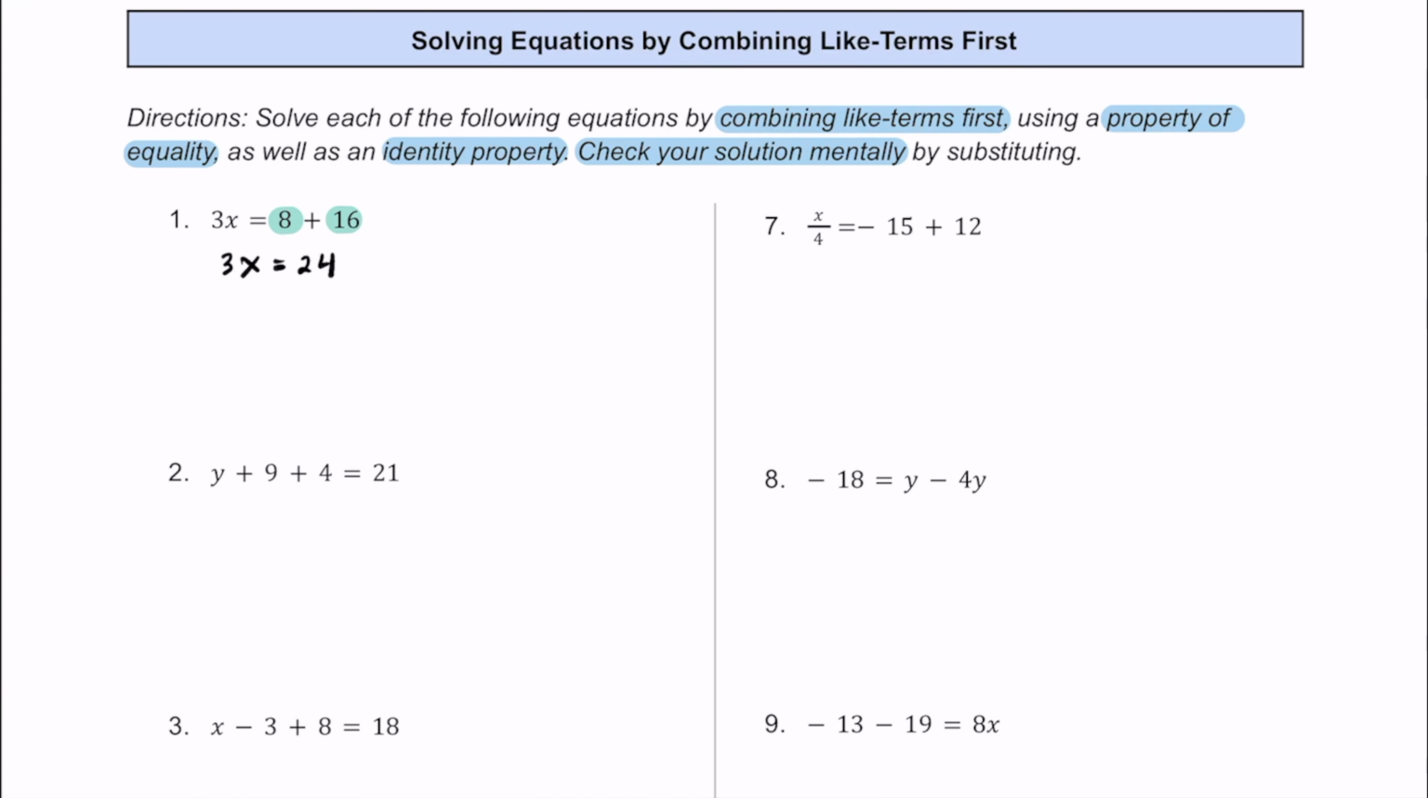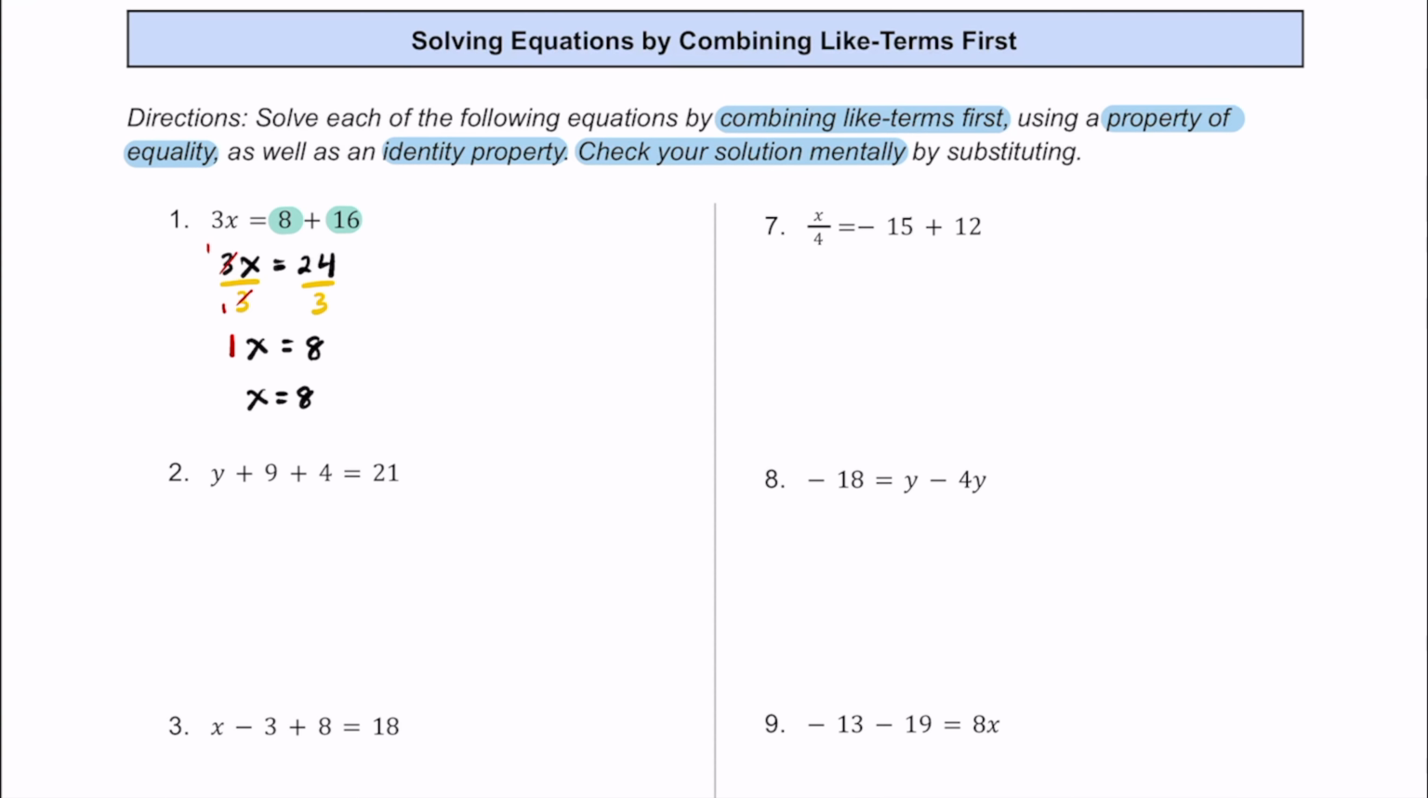Once we've combined them, we now have a one-step equation. To solve this, we're going to use the division property of equality and divide both sides by 3. Dividing both sides by 3, on the left side, we have 3 divided by 3, which is just going to be 1. So we're going to have this 1x on the left side of the equation. And on the right side of the equation, 24 divided by 3 is going to be 8. And so we can get rid of that 1 by the identity property and say that